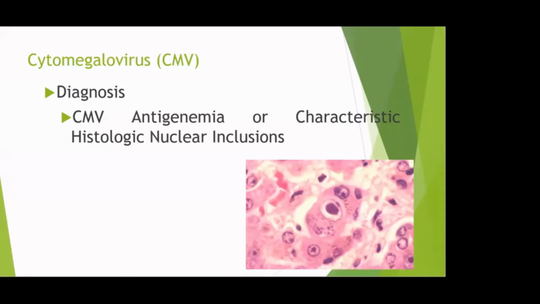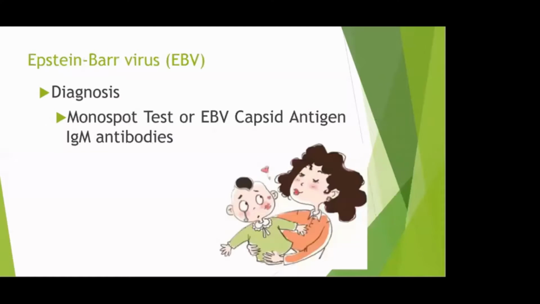You can also have liver diseases secondary to your cytomegalovirus, as well as your infectious mono or EBV virus. So here the diagnosis will be different. The mode of diagnosing it in the laboratory will be different, by using a monospot test or